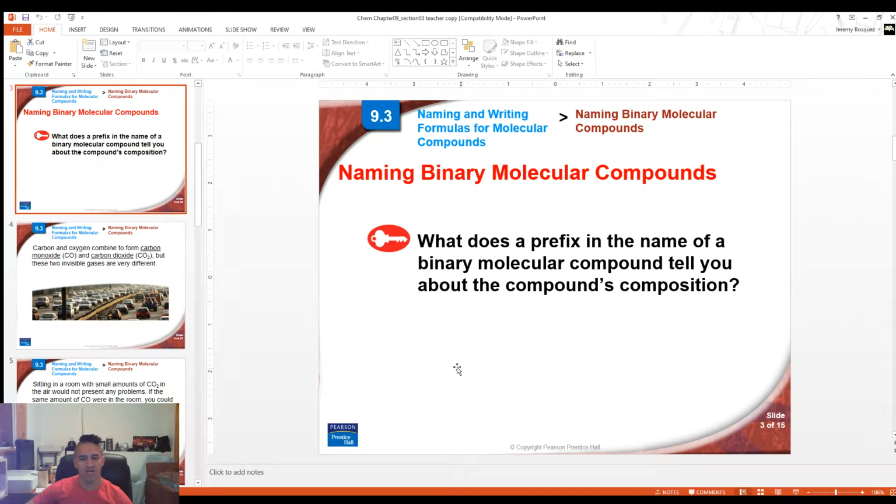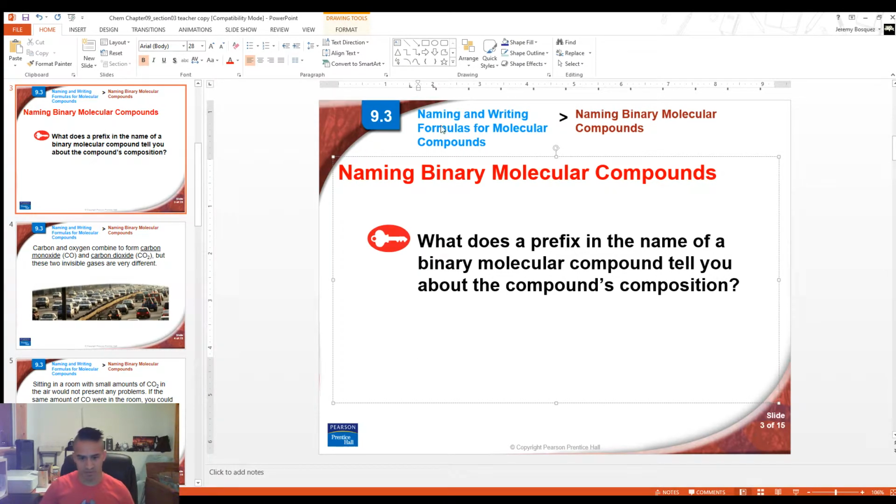So, naming binary molecular compounds. Remember that binary means two elements, and if they are molecular, the two elements we're dealing with are nonmetals only. The most important thing is that you need to be able to recognize when you see a molecular compound and when you see an ionic compound. That's by far the biggest thing students fail at. If you don't know what a molecular compound formula looks like, you have no idea how to name it. And if you think it's the same as an ionic one or can't tell the difference, you're going to get really confused. So real quick, just to give you some examples,